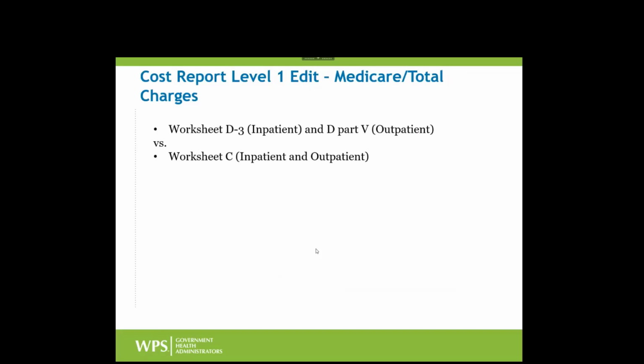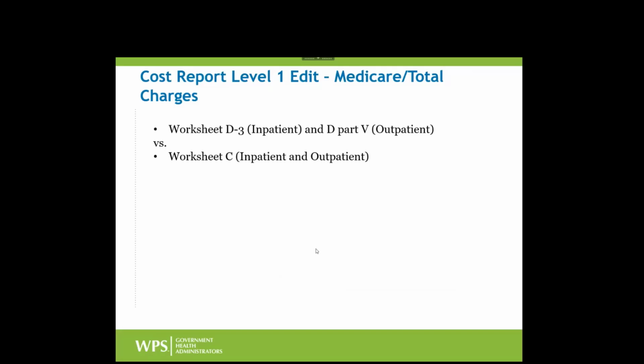This happens when a particular cost center, if you look at the Medicare charges that were brought in from the PS&R to that cost center on your D series, and if you compare them to the total charges for that same cost center on the C series, worksheet C, worksheet C is total, and it makes no logical sense whatsoever that Medicare charges can exceed total. Just not logical. So this level 1 edit pops up when that happens. It just, again, makes no sense. So that tells us